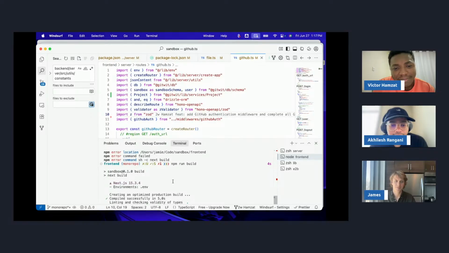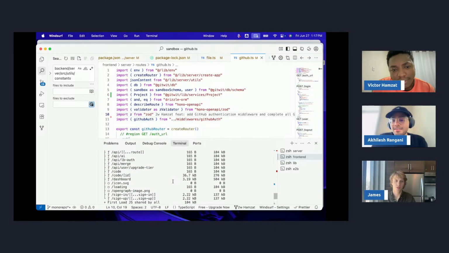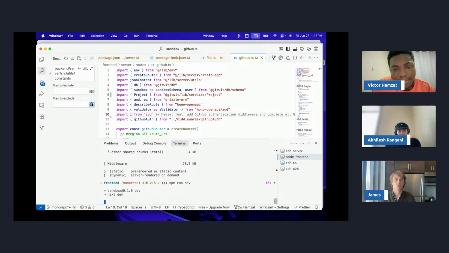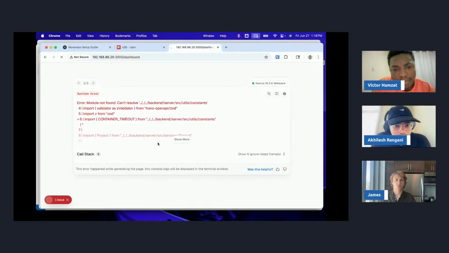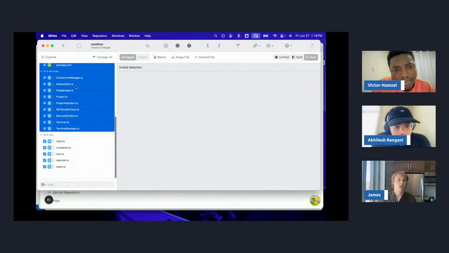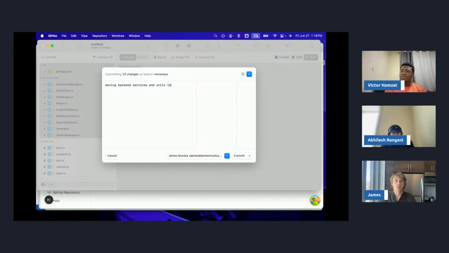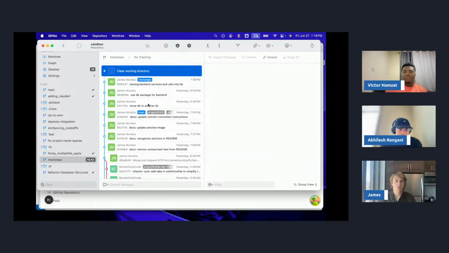Okay. So far so good. Not gonna jinx it. Okay, looks like we're fine. I'm still refreshing the page. Okay, there we go. So all of that is just gonna be moving backend services and utils into lib. So basically,